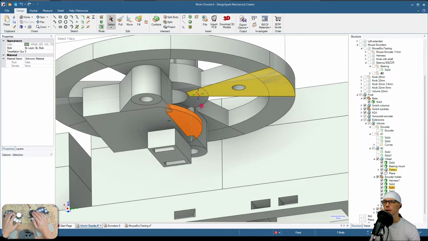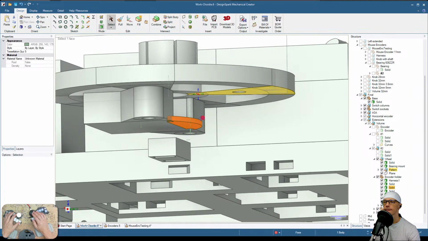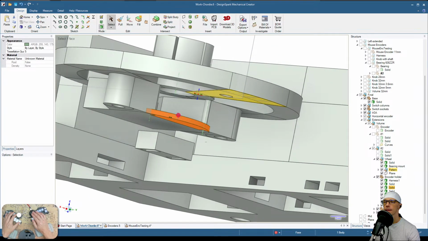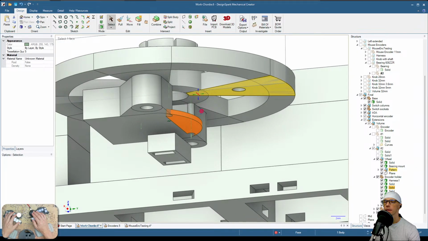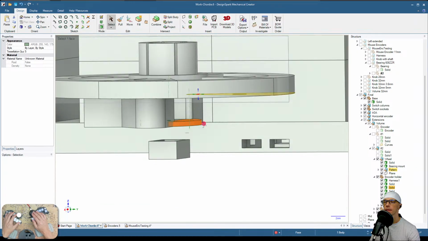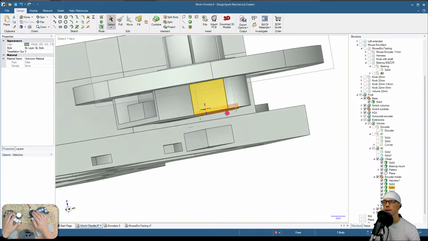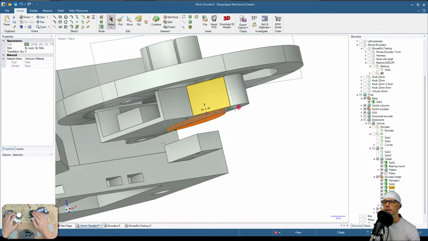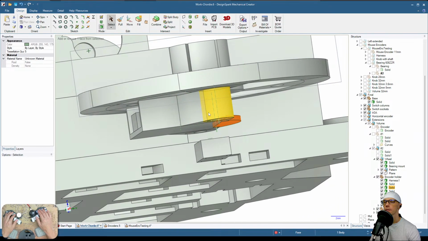So, okay, where can we move it to make it work? Okay, if the whole thing will be moving down like this,